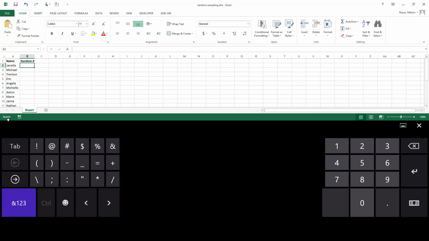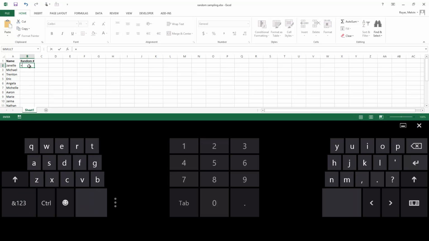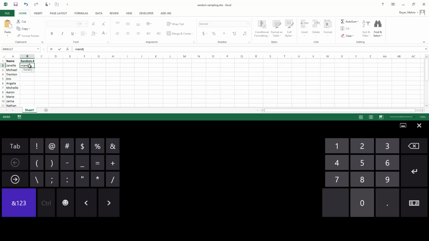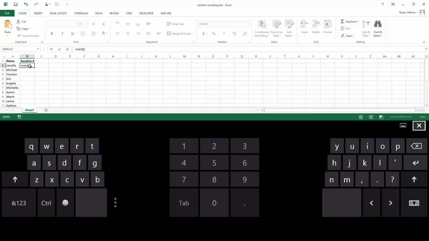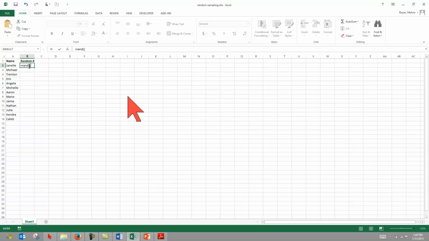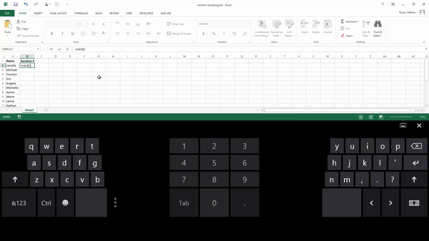And so, first thing, I'll type an equals sign, and that tells Excel that I'm getting ready to type a formula as opposed to just typing some text. Then the command that we want is rand, so I can type R-A-N-D. And then I need a set of parentheses, nothing in them, just open and closed parentheses to let Excel know that this is actually a function. All right, and then I can push enter,